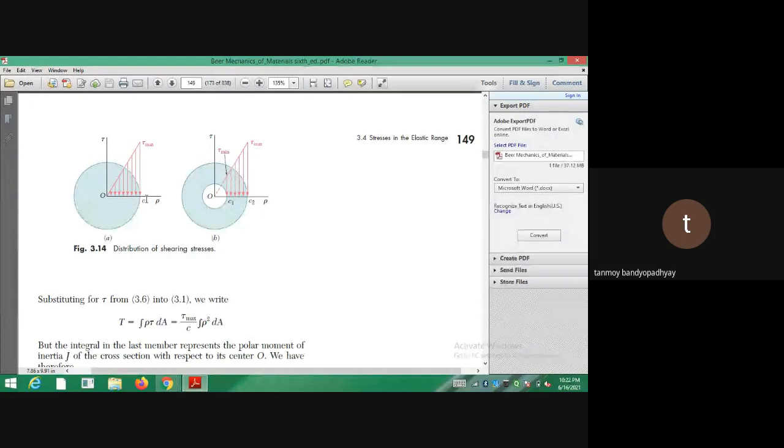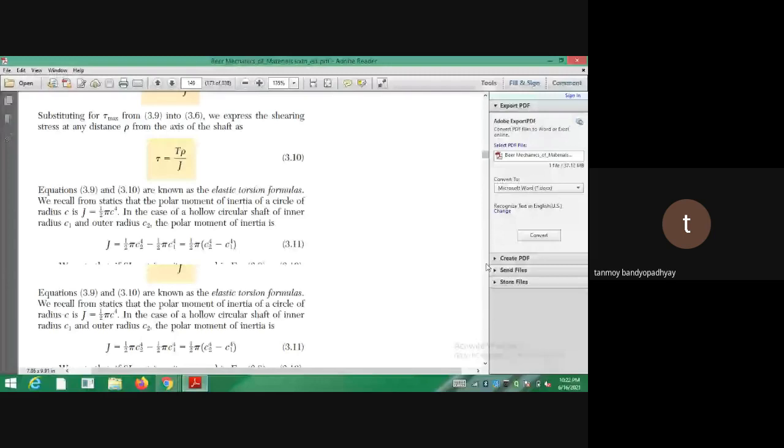It is the same concept as bending. In bending, the axis you took was the neutral axis or the x-axis. But in this case, the axis you are taking is the axis of the shaft. Any element lying farthest from the axis of the shaft, which is the outer circumference, will carry the maximum shear stress. And for the hollow shaft, the inner radius will carry the minimum shear stress.